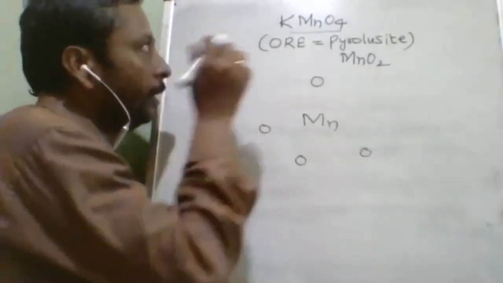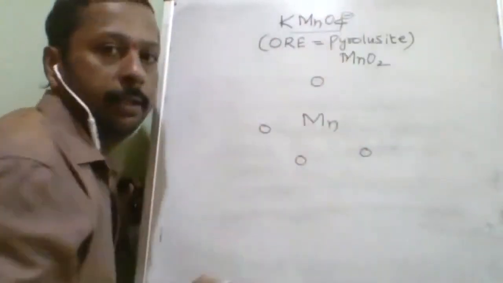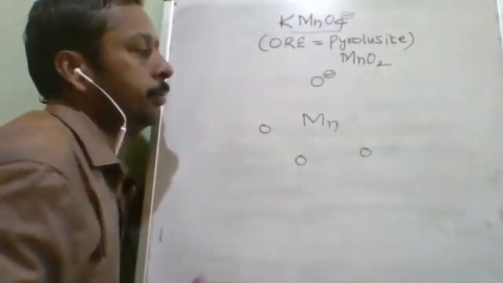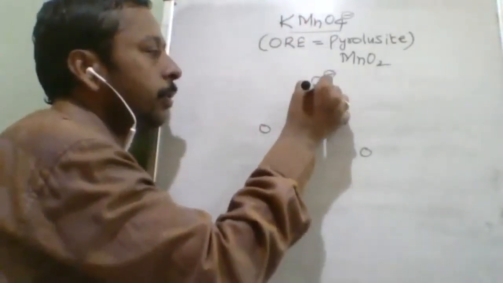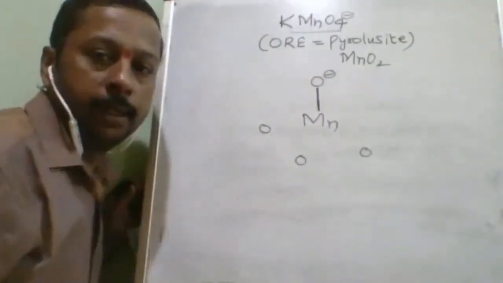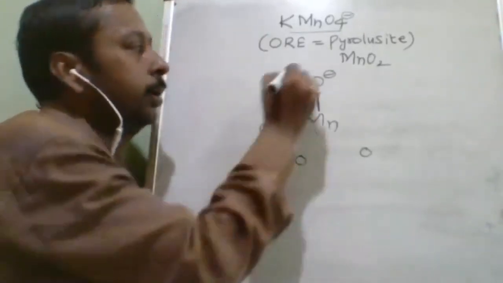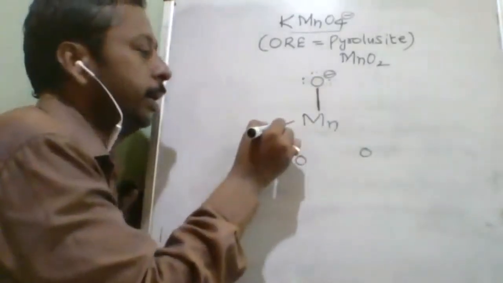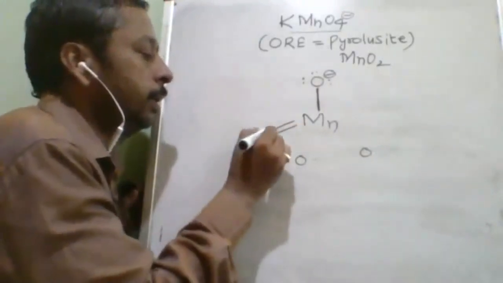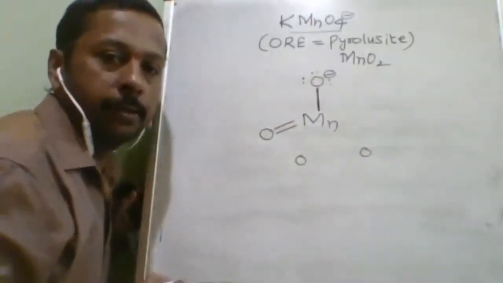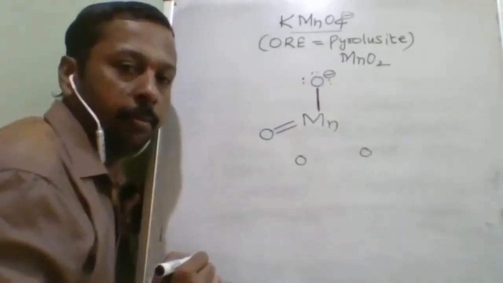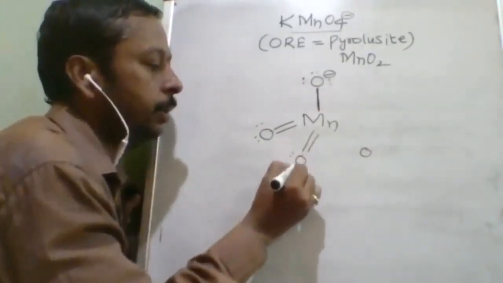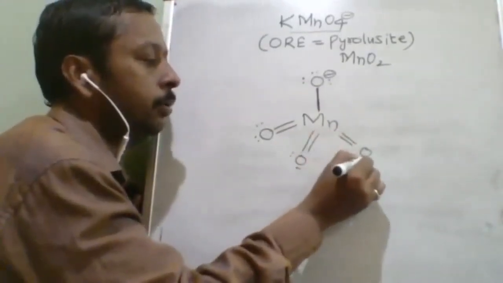If I remove the K positive, then there will be a residual charge of -1. So I will keep the -1 instead of writing potassium. This oxygen is eligible to form only a single bond. Negatively charged oxygen can form a single bond but contains 3 lone pairs. Whereas manganese with the chargeless oxygen can form a double bond, with 2 bonds and 2 lone pairs on each.